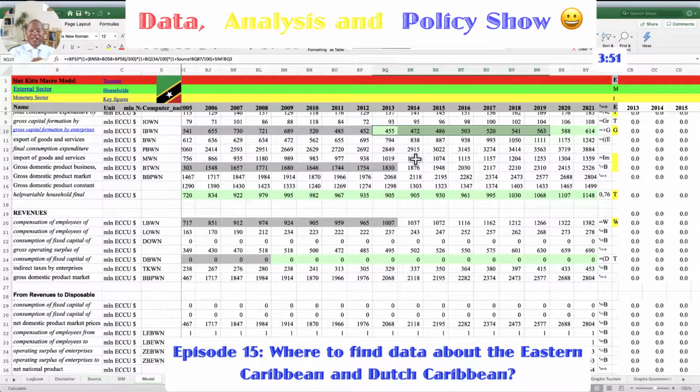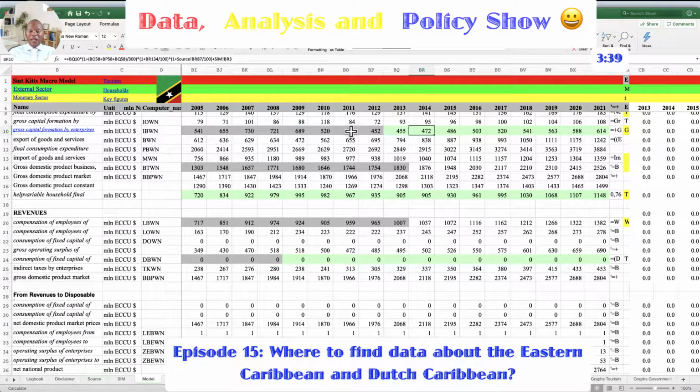These are my projections based on all the knowledge that we have about the small economy. The gray part is real, official figures, and this part here is what we predict based on trends in the economy and all kinds of other information. So even if we don't have any figures anymore from the official organization, the Central Bureau of Statistics of St. Kitts and Nevis, please provide us with data from 2013 till 2018 for the investments.